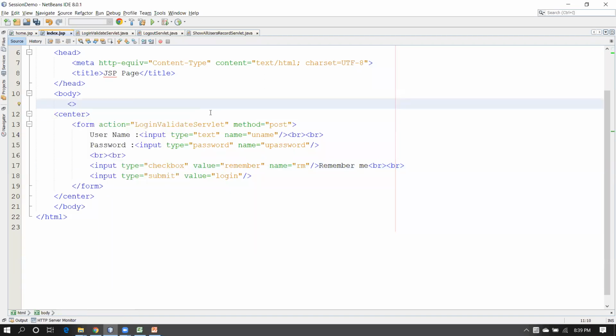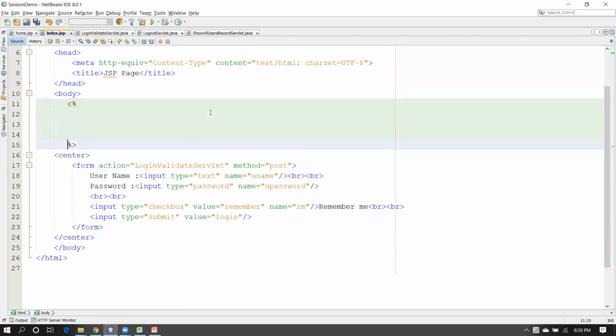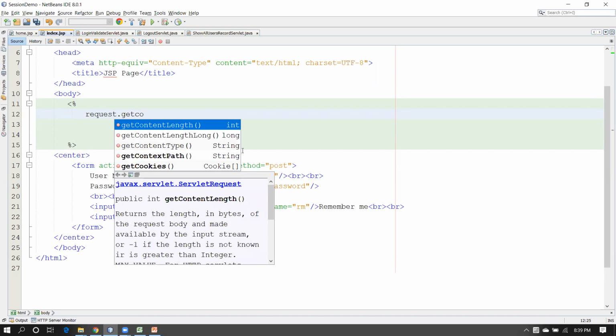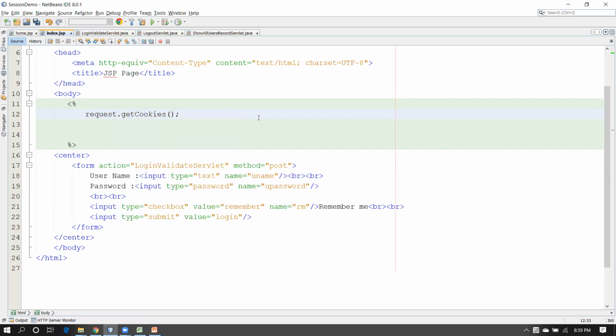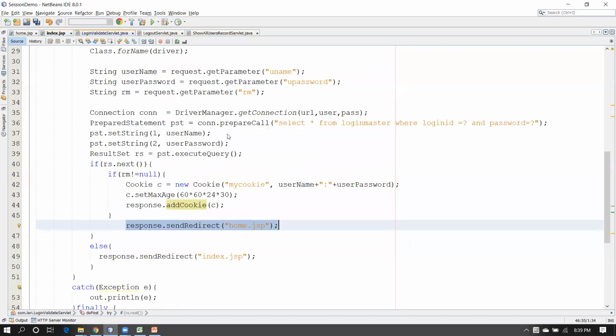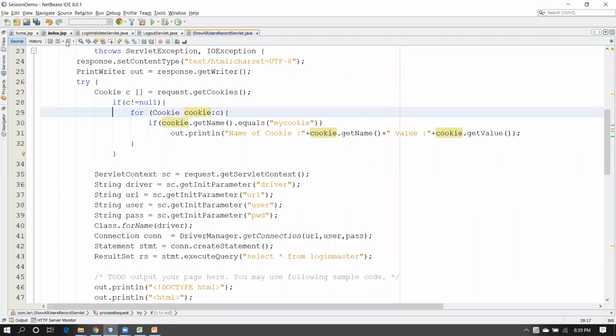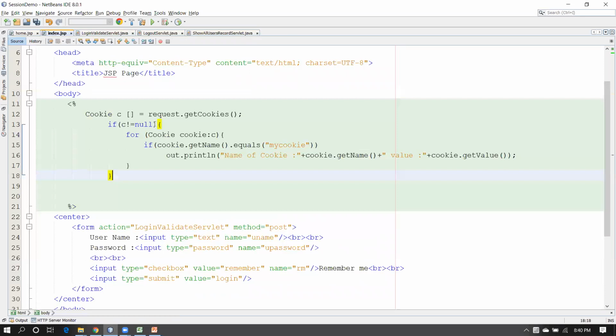So here I'm going to write again some piece of Java code. First we'll get all the cookies, request dot getCookies. And again, I'll do the same thing. I'll copy and paste: if cookie is not null, and just look here, Cookie c. Okay, let me copy, find this one, copy and paste. If c is not equal to null and the cookie name is my cookie, then I will not print right now. What I'll do,